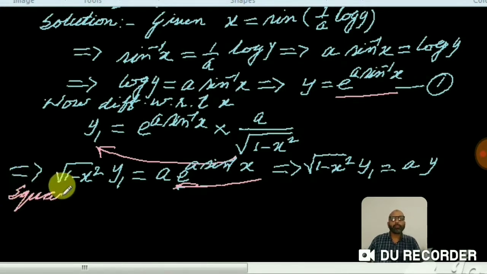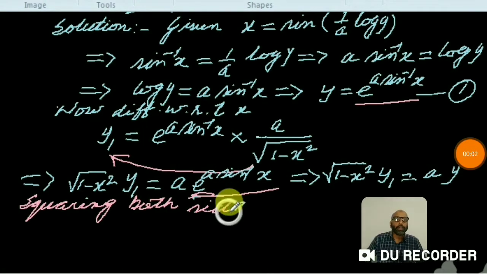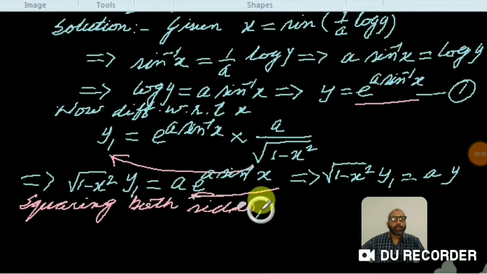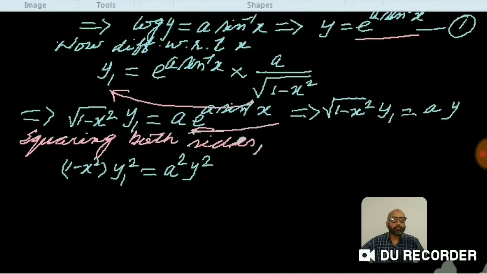Now squaring both sides, we get (1 minus x square) y1 square is equal to a square y square. Now differentiating with respect to